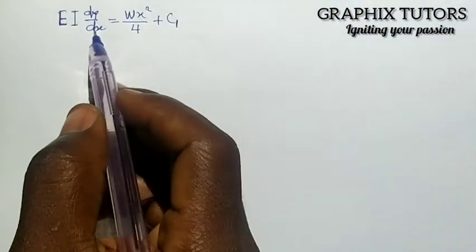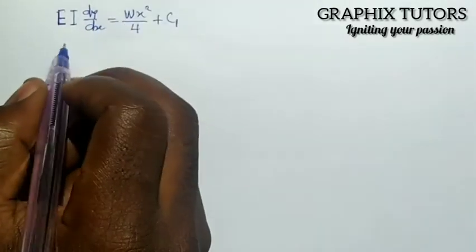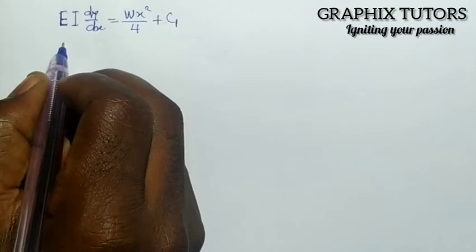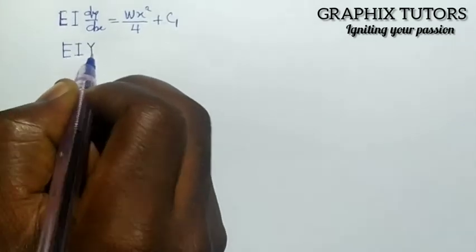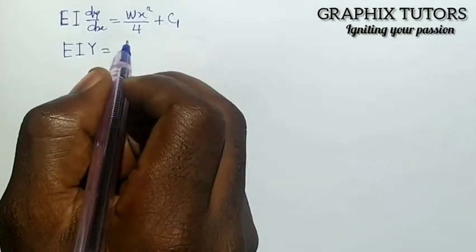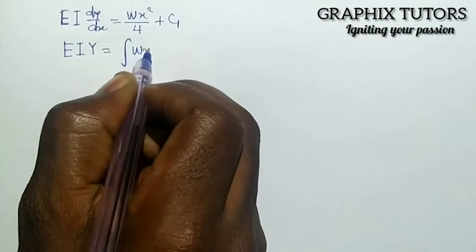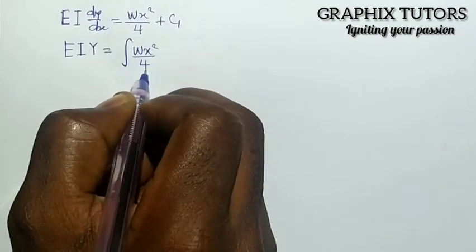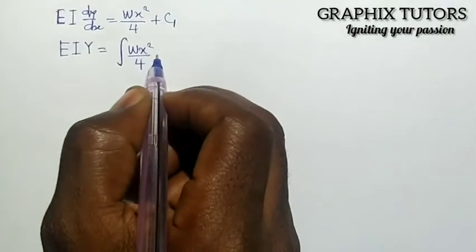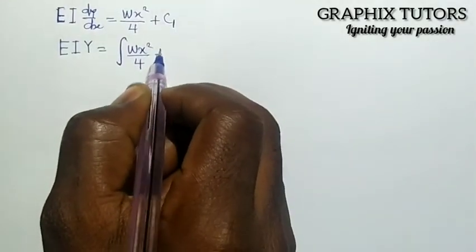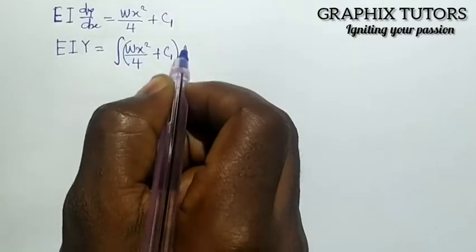If I take my dx to this side and my y to the other side, I'll be left with EI y equals to the integral of wx square over 4 plus c1 in bracket,